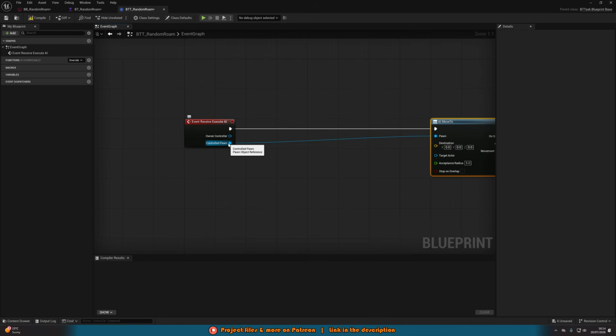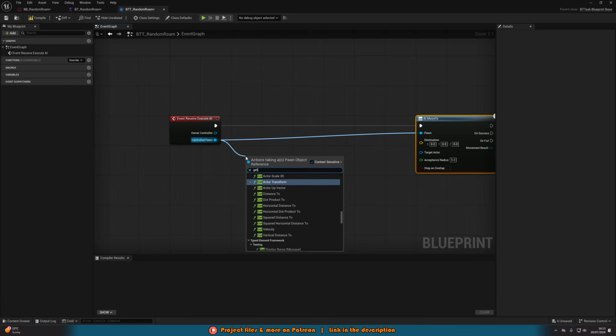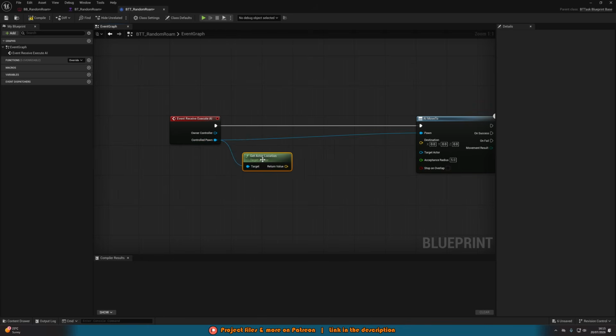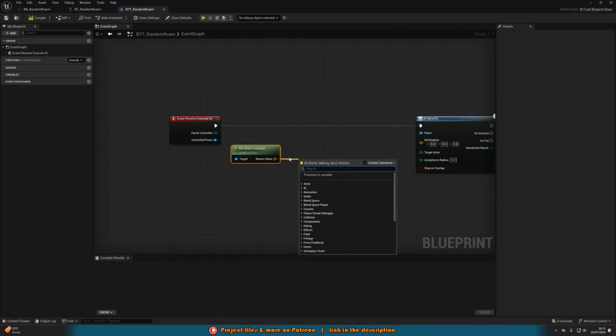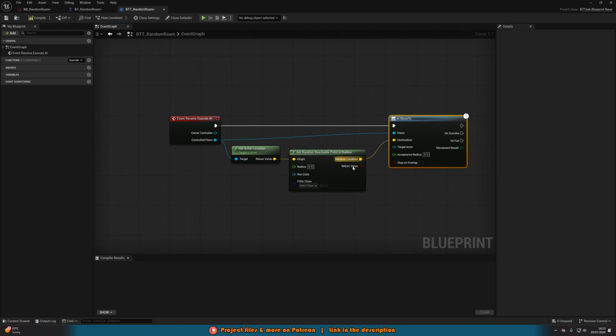Pawn is going to be controlled pawn, and the destination wants to be, we come out of control pawn and get actor location. And out of the actor location, we're then going to get random reachable point in radius. That random location is going to be our destination. And the radius, let's set to something like 1500. So in a 1500 unit radius around the current location of the AI, it is going to pick a random point in which it can physically go to based upon the nav mesh,